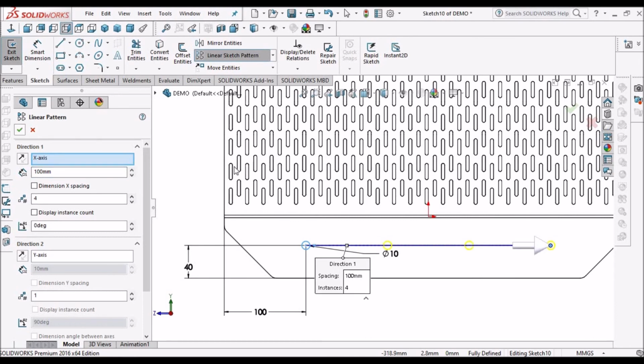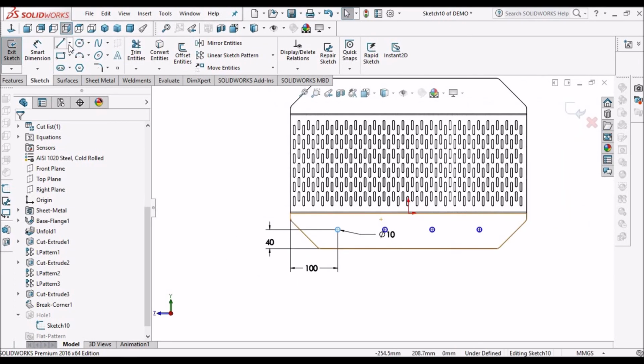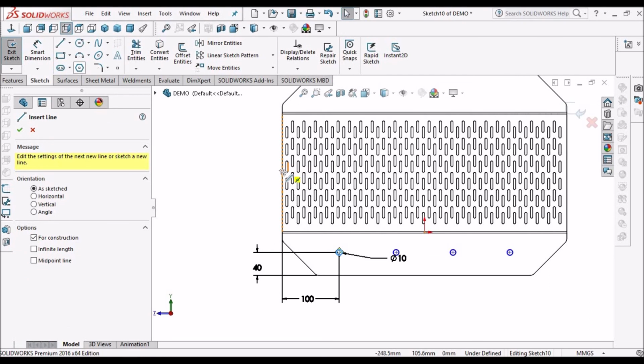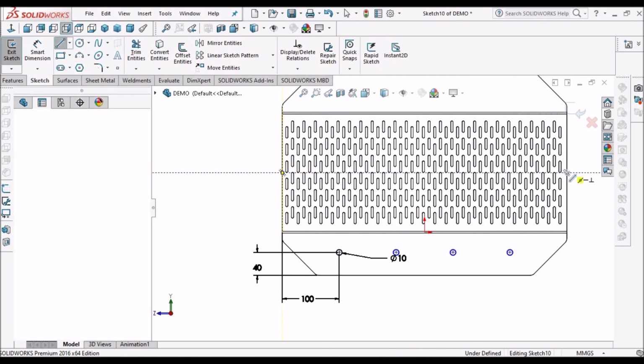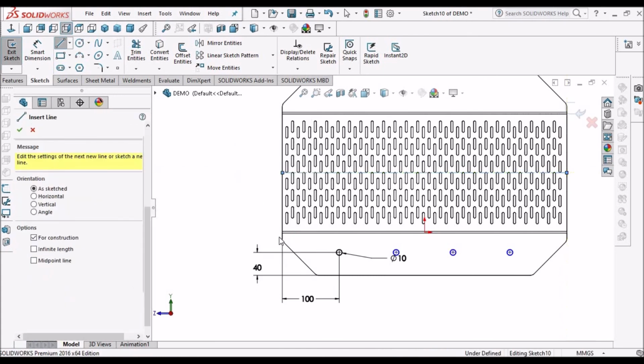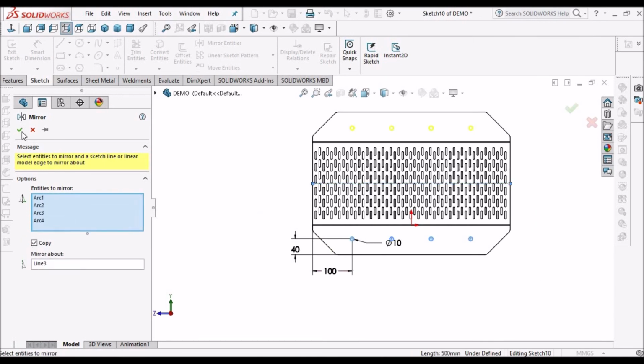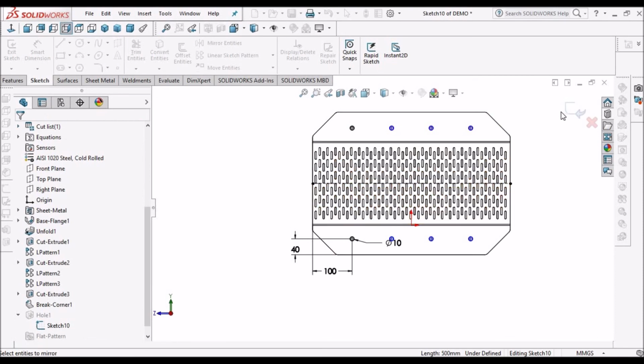So 4 holes. And create one center line. Go to mirror entities, select this center line, select these entities, say OK.